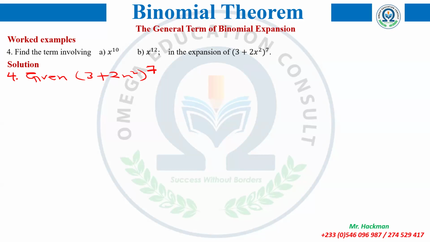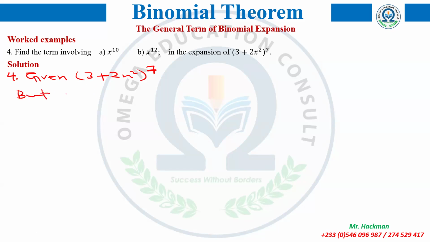A is a particular term. B is also a particular term. So I'm going to find the general term before I come to A, so that it will be general information for me to rely on for A and B. So I won't write A, then come and find the general term and use it to find that particular term. Other than that, if I'm going to B, I have to find the general term again. So in that case, I'll write,